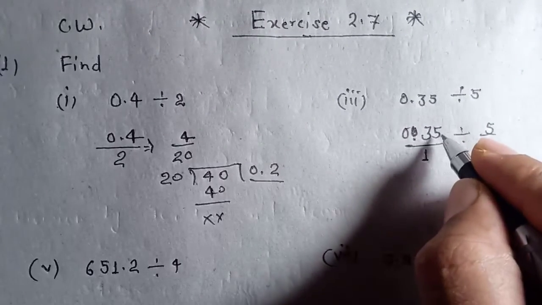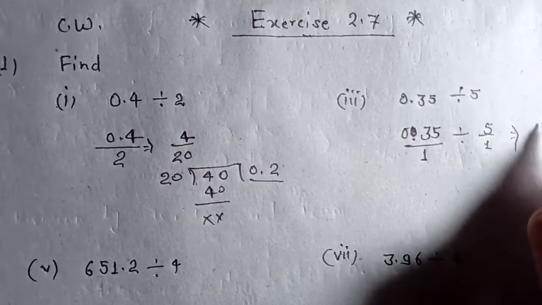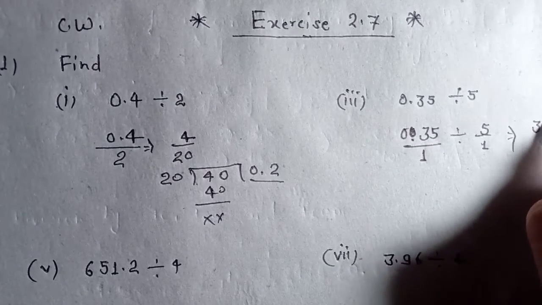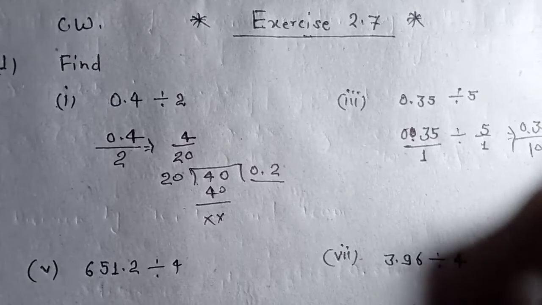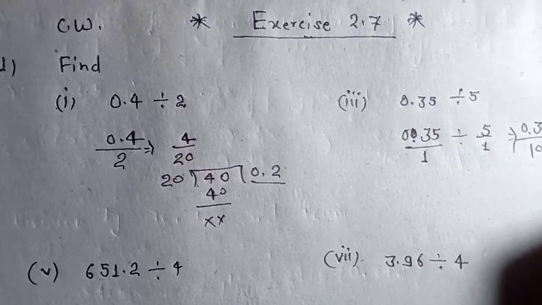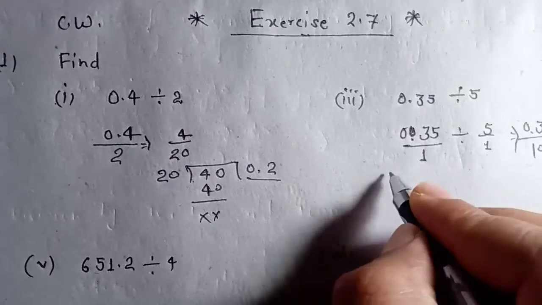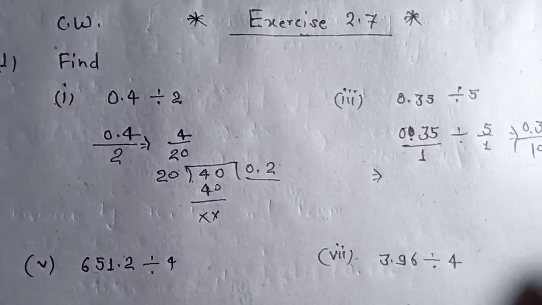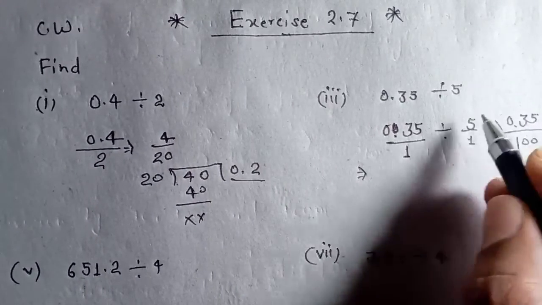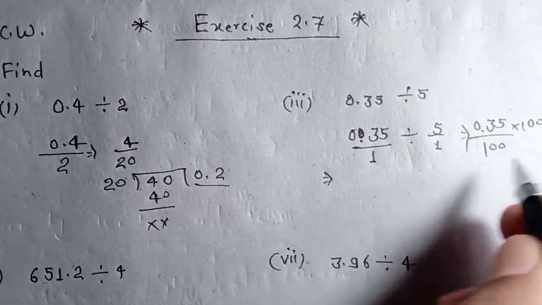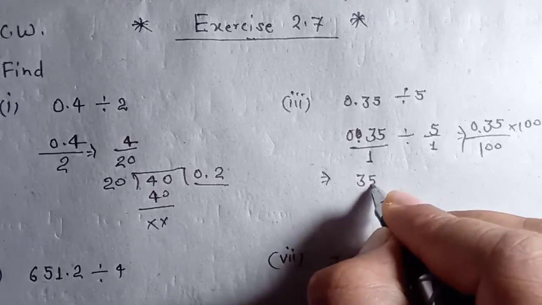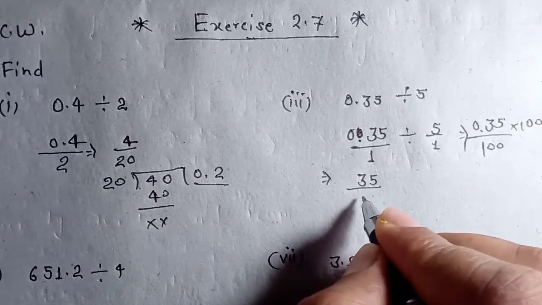Now when you multiply this 0.35 by 100, it is divided and multiplied by 100 so that we can eliminate the decimal sign. Now it becomes 35 upon 100